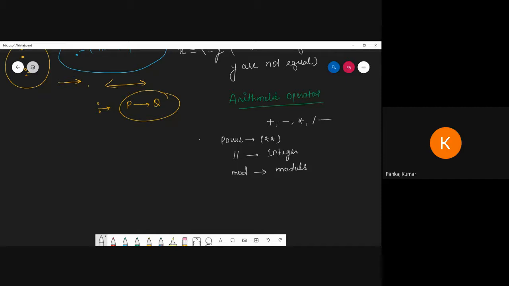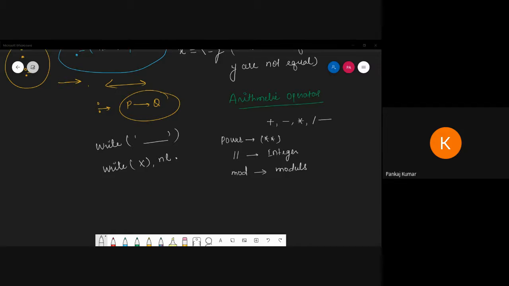So if I want to print the result, I can use write. I can write something, and inside that I'm writing a single quote. Whatever you want to print, you can use write. Then if you want to print a variable, you can write the variable name, and after writing all the things we have to put nl, meaning new line, and a full stop, meaning the line is completed. So we have to perform different types of additions, and I'm going to show you how to perform them.